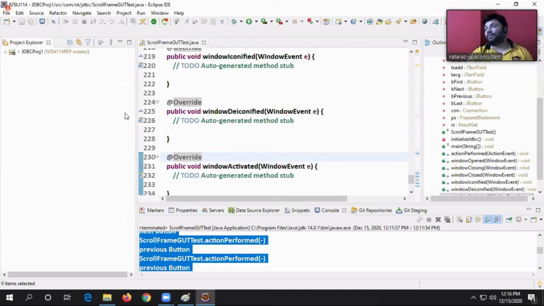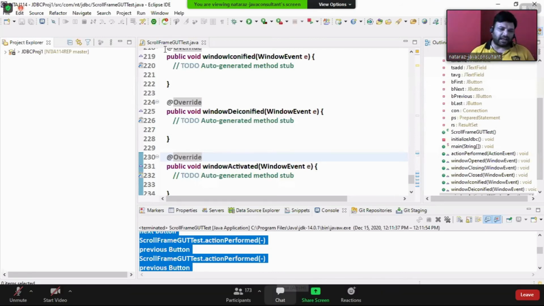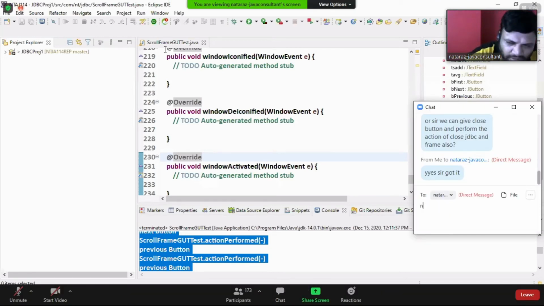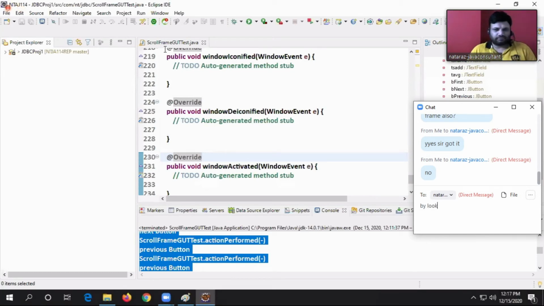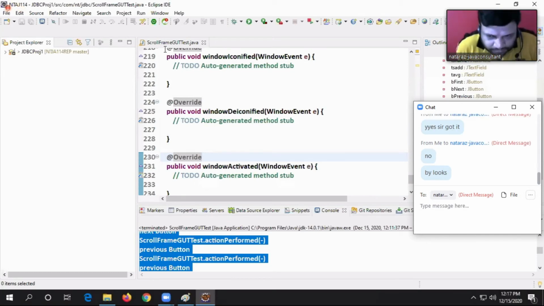See, after developing this much good application, if I ask the end user, our college employee, our school employee, to come and operate this application by opening Eclipse, do you think he will really like that? I don't think so. Come on, guys. Do you really think he will like that thought, guys? No, not at all.